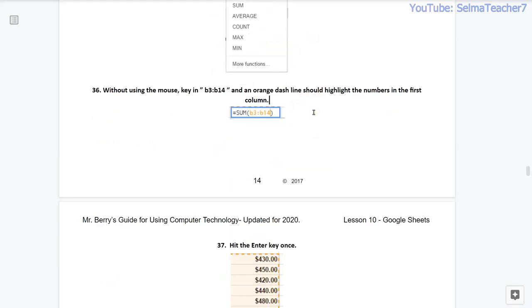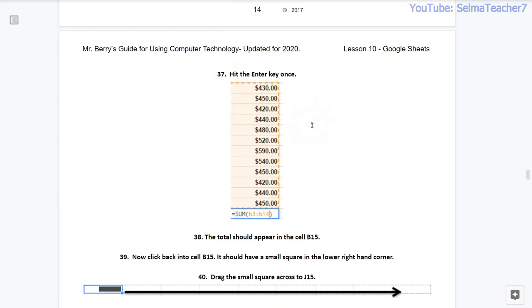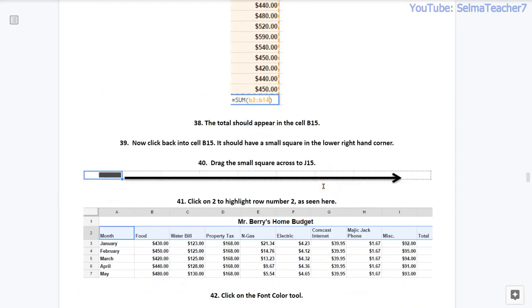Without using the mouse, key in B3:B14 as seen here, and an orange dash line should highlight the numbers in the first column. 37. Now hit the enter key once. 38. The total should appear in cell B15.